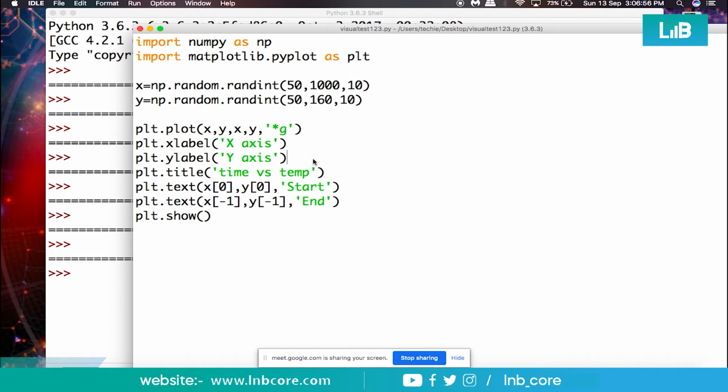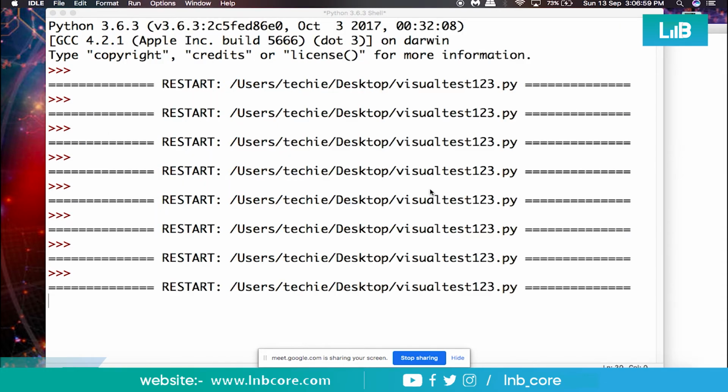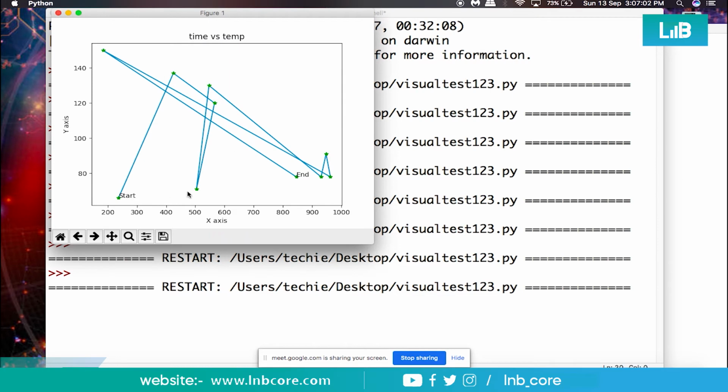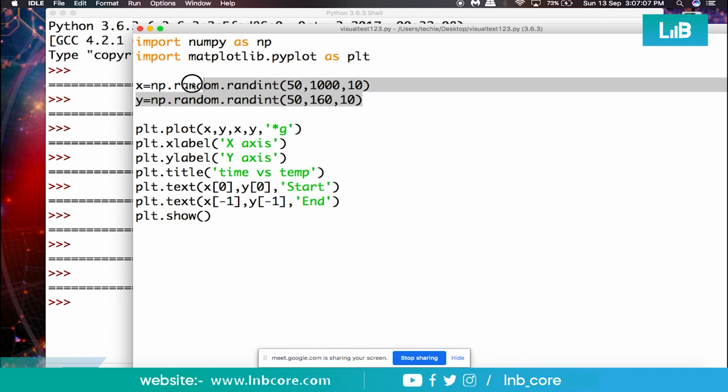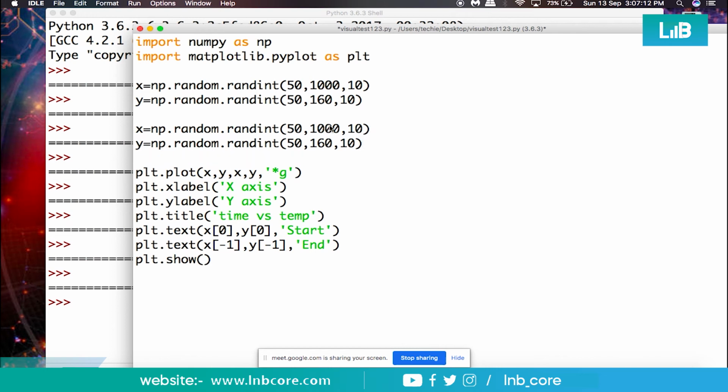So let's execute it first. See, start and end, and the color of this graph would be blue. What if I have copied this data again, and I've got two different variables, p and q. So I can write here p comma q, p comma q. Now because this pair has got blue color, this pair would be getting a different color, maybe orange or red or something else.